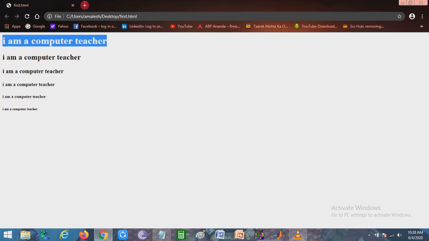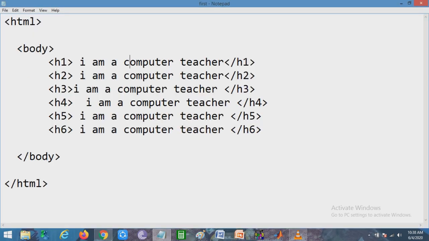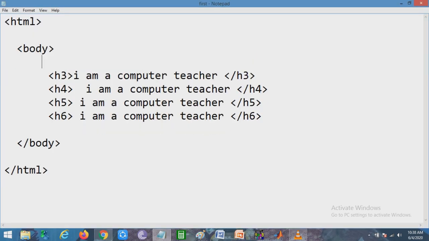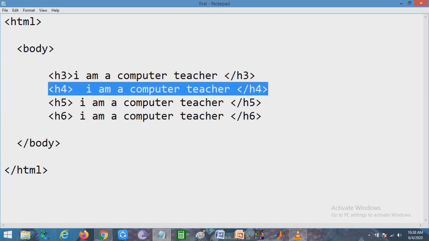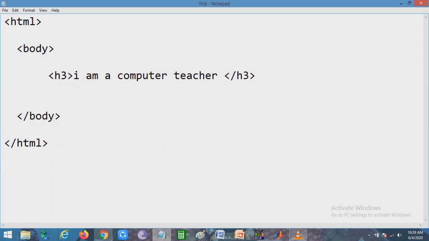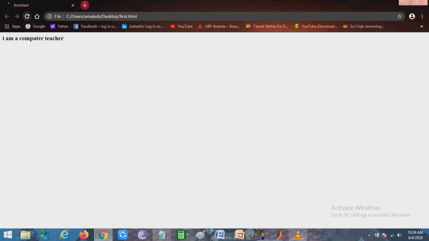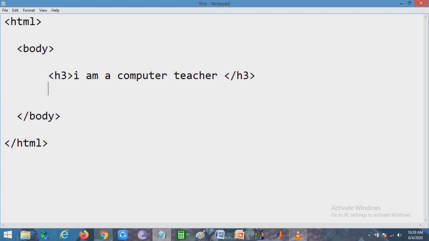If I suppose I want to write only H3, you can write it, save it and run it, then we will have only this. So it depends on you which size you want in your HTML document.